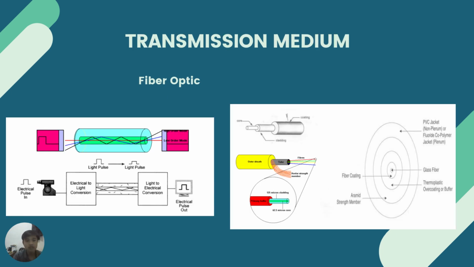And move to the transmission medium. This one is the fiber optic, and this is the inside of the fiber optic, and how the fiber optic is connected and gives what to the objects. So the first one here is the input, an electrical pulse in, which is converted like electrical conversions, and the output is converted back to electrical, so a pulse in and a pulse out like this.